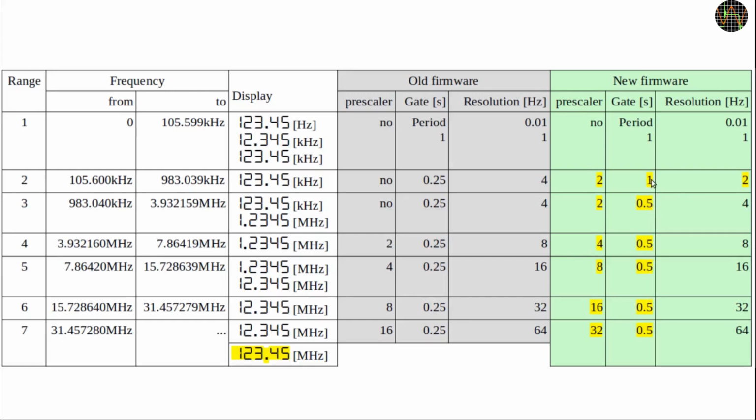Of course, since the last visible digit is at best 10 Hz and at worst 10 kHz, one could argue that measuring with a resolution of 2, 4 or 8 Hz makes no difference, but it could in fact decide whether the last digit rolls over or not, and anyway I hate throwing away accuracy unnecessarily. My theory why Wolf, the original creator of the firmware, chose those values on the left instead of the ones on the right is that he favored speed over resolution.